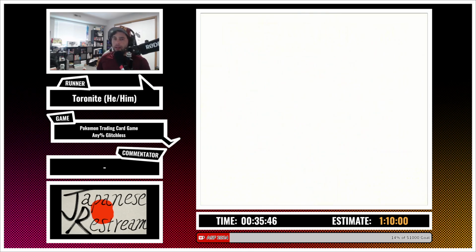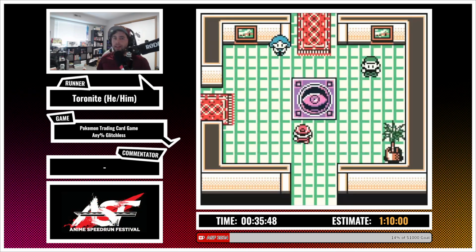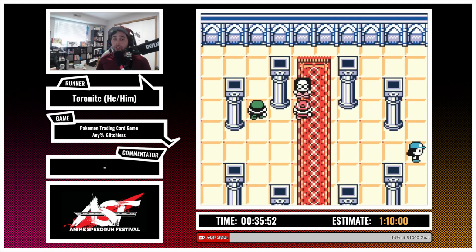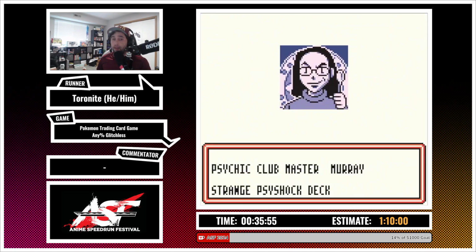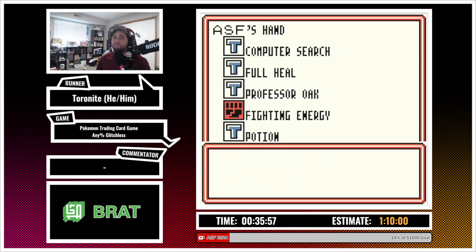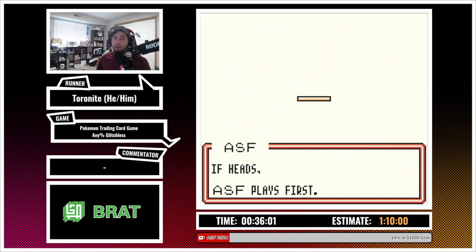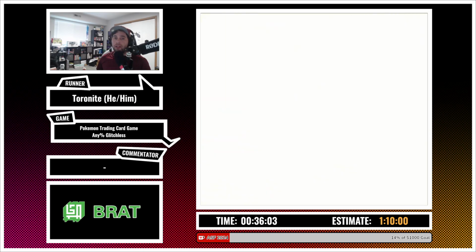Like I was saying, Murray has a lot of colorless Pokemon, meaning Pokemon such as Dugtrio and Hitmonchan can beat it really easily. But there are two things about it. Number one, there's a lot of stalling tactics involved,